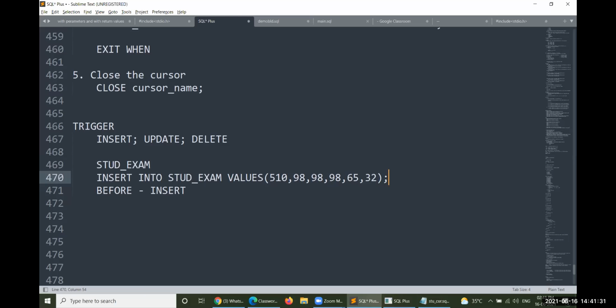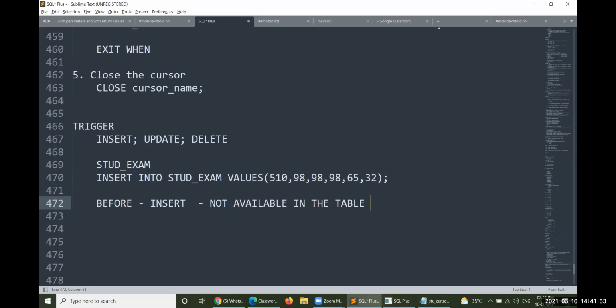Before entering this data, could you identify 510, 98, 65? No. Before insertion, the new row's data cannot exist. It is not available in the table.